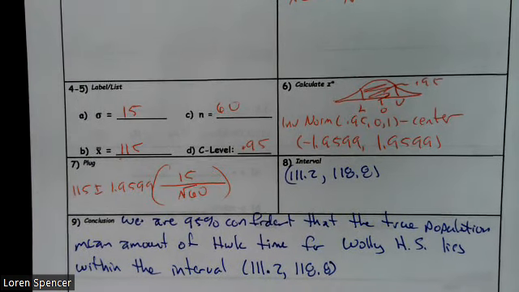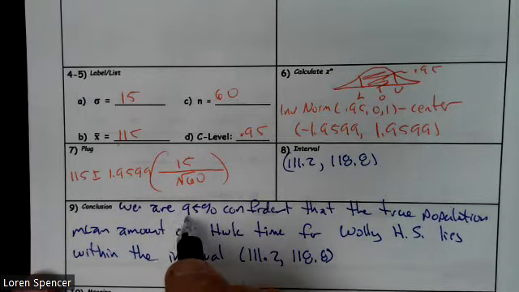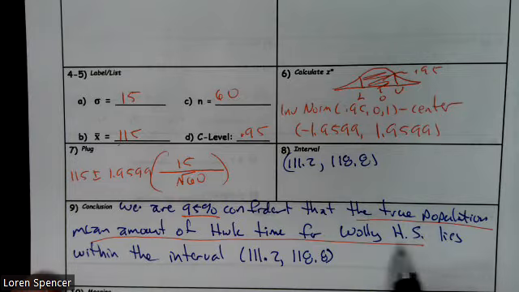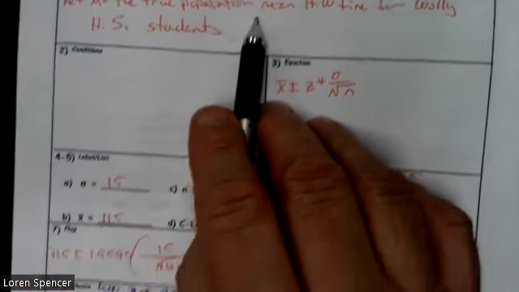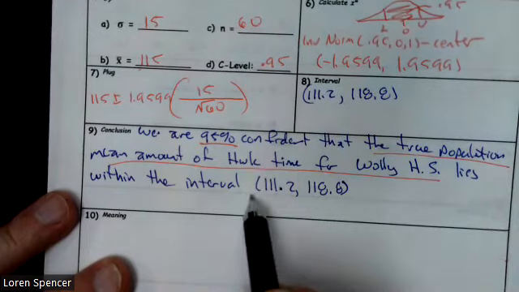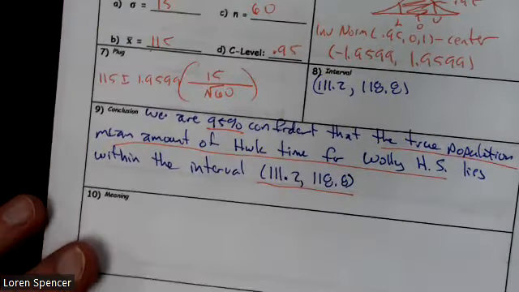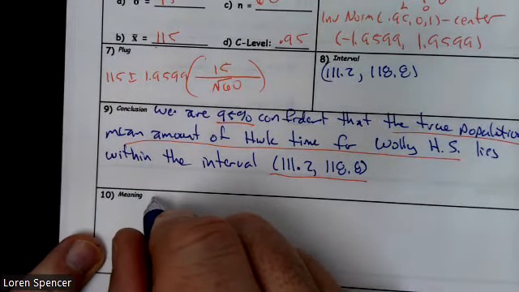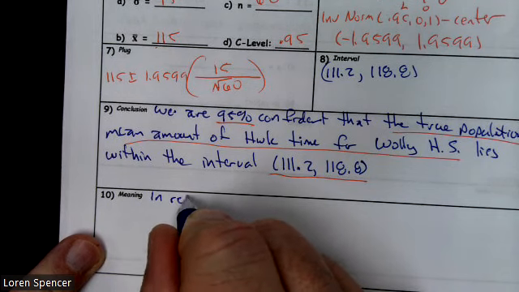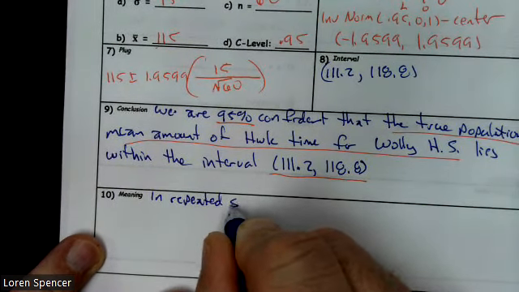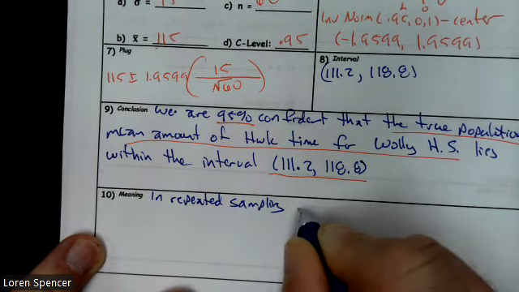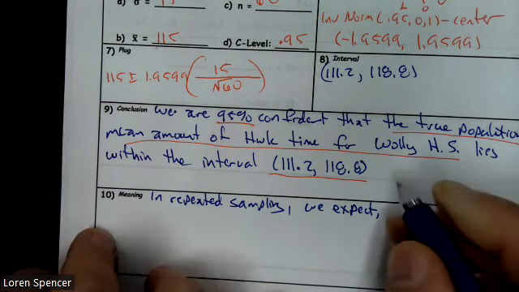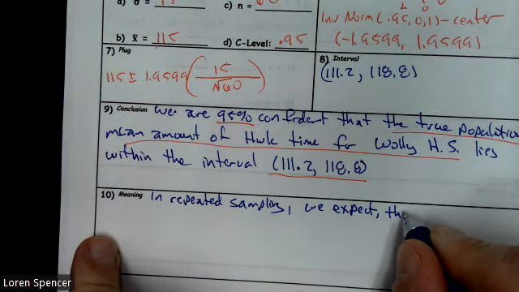All right, once again, this is our confidence level, so we just restated that. True population mean amount of homework time for Wally High School, that came from our parameter. And then we just restated our interval. So the meaning is talking about our confidence level. And our confidence level is in repeated sampling, we expect. In other words, if we did this over and over again, we believe this method